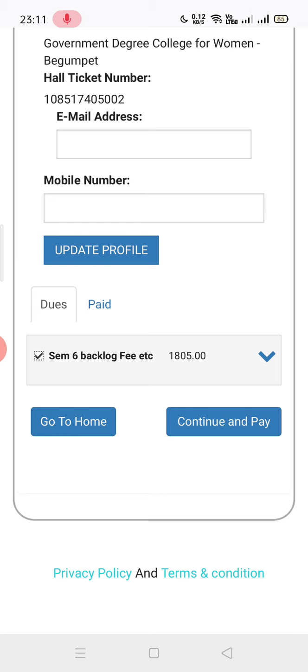So I have uploaded backlog fees as well as 2017 batch. Backlog means old batch students' fees, not the present year backlogs. Everything will be displayed, you need not worry, and that will be done as soon as you complete your assignments and everything.